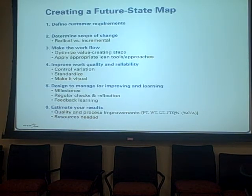So this just ties it all together then in a series of steps that you can use, print off, and take to your teams as you think about each of these components. And just as a quick high-level flyby on this, we'll say just remembering number one being defining those requirements if you haven't done it already, your customers' requirements, making sure you understand that scope of change, radical, complete redesign, or incremental step design, making sure that you're building in flow into that work, you're improving the quality and reliability of